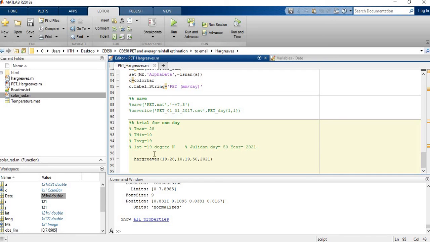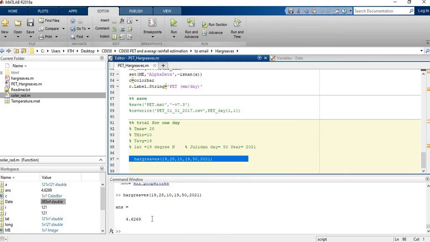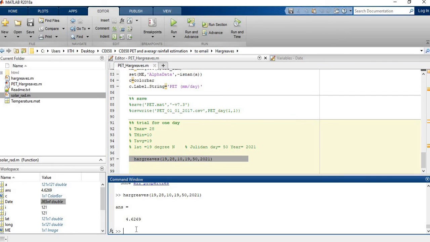With only this data I want the PET. So I'll call the function Hargreaves. I'll give the average temperature 19, maximum temperature 28, minimum temperature 10, latitude 19 degrees, Julian day, and year. If I run this line, it will give the PET in mm per day.